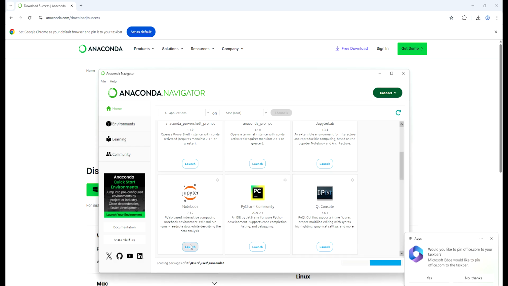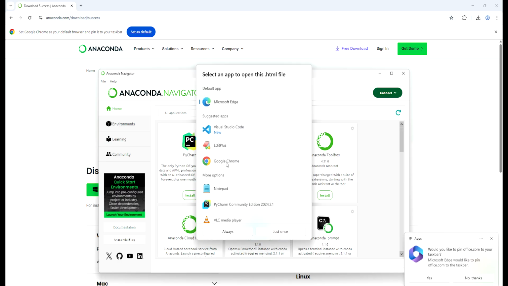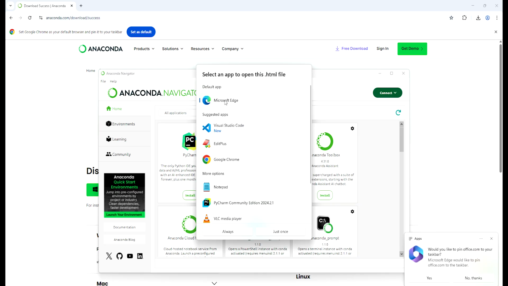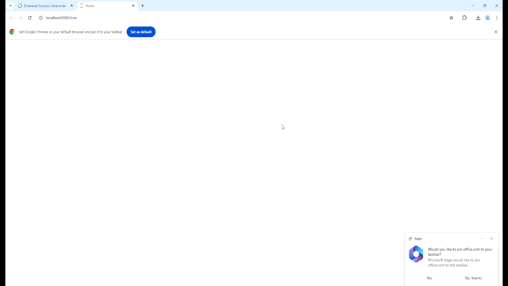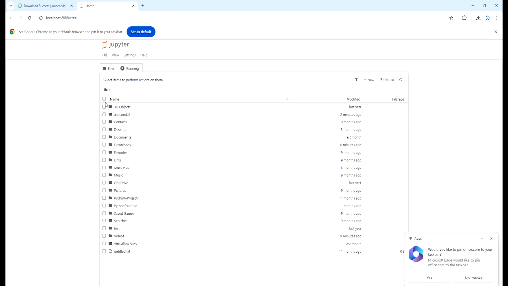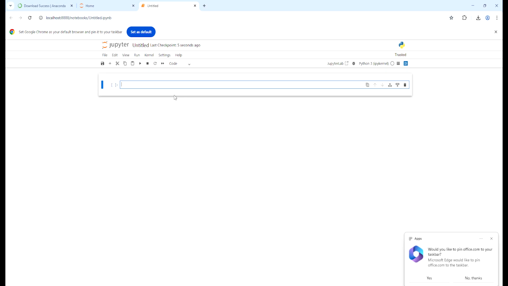So we can program by clicking on Launch Jupyter Notebook. Choose the browser. Now we can create a new Python notebook and write our Python code here.